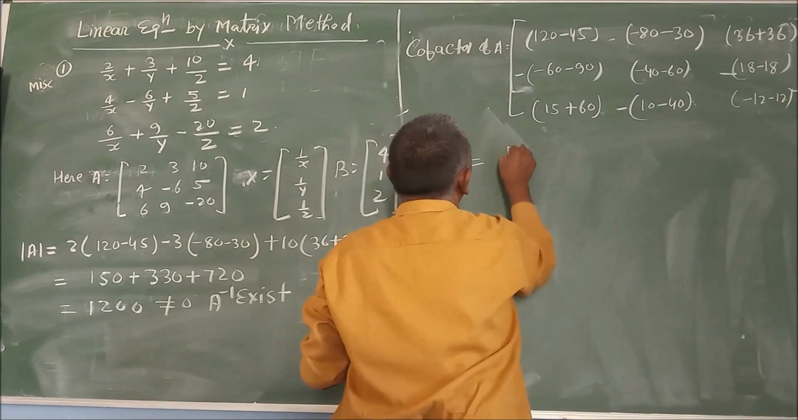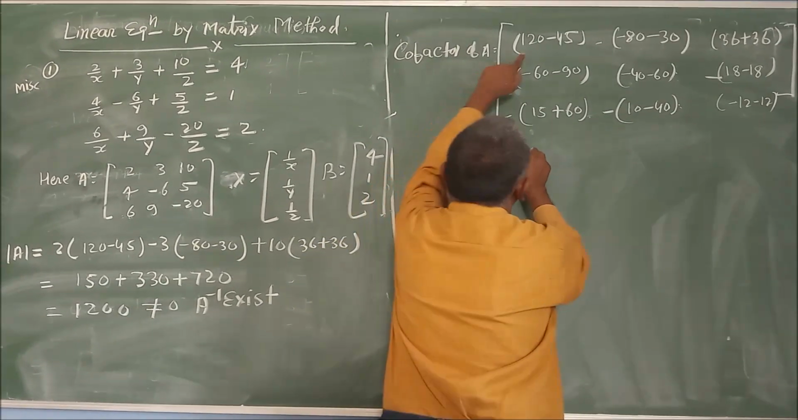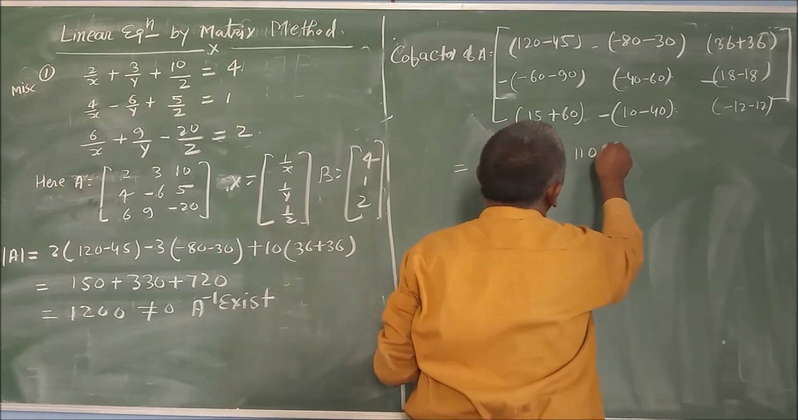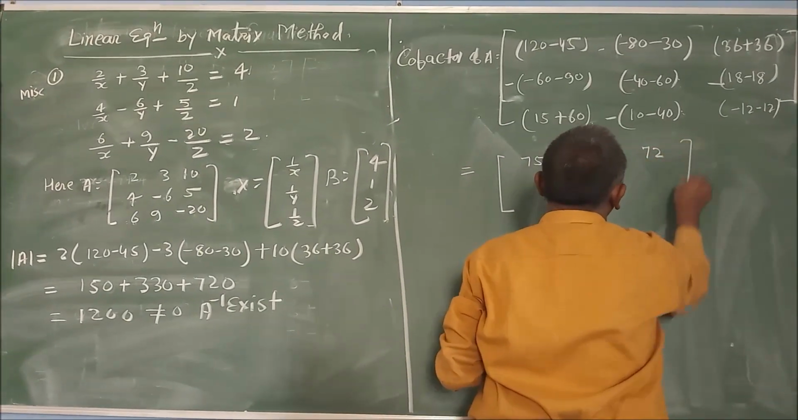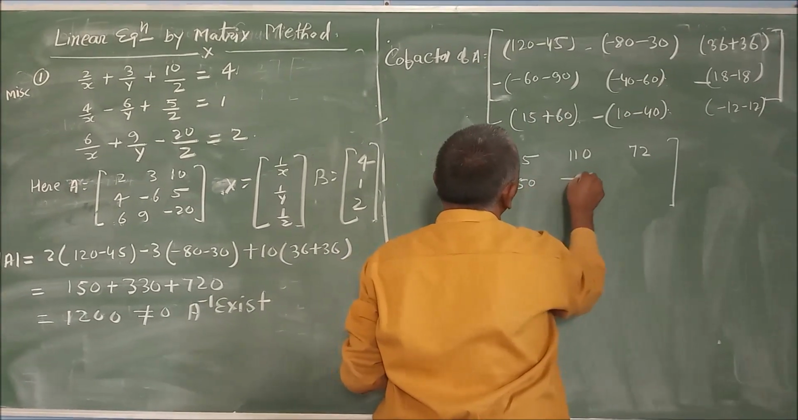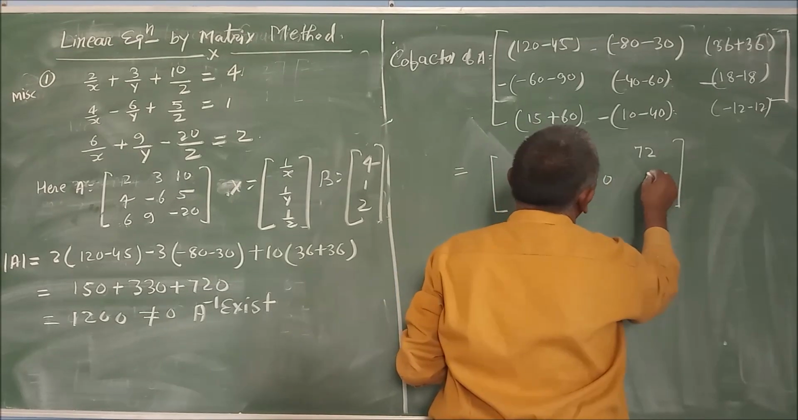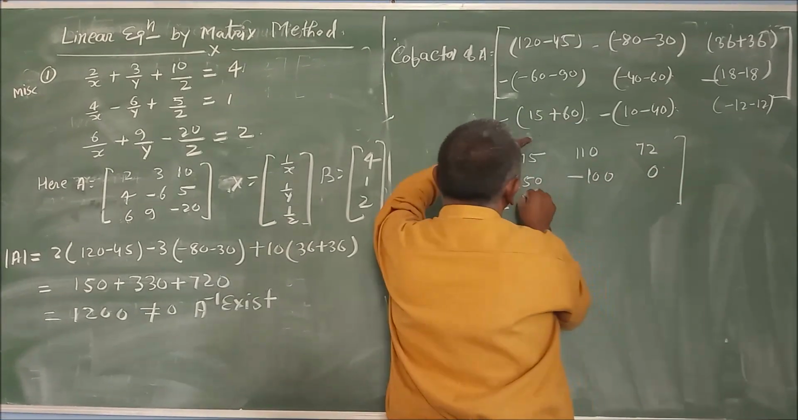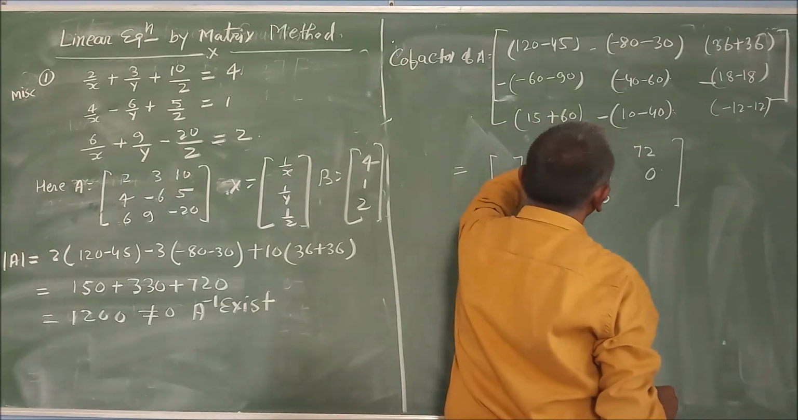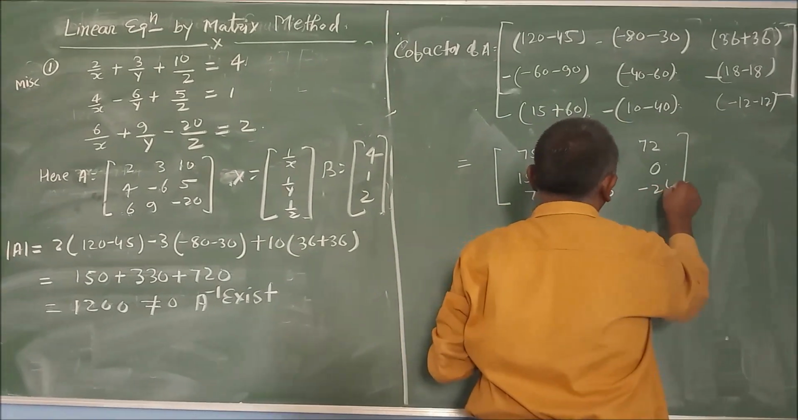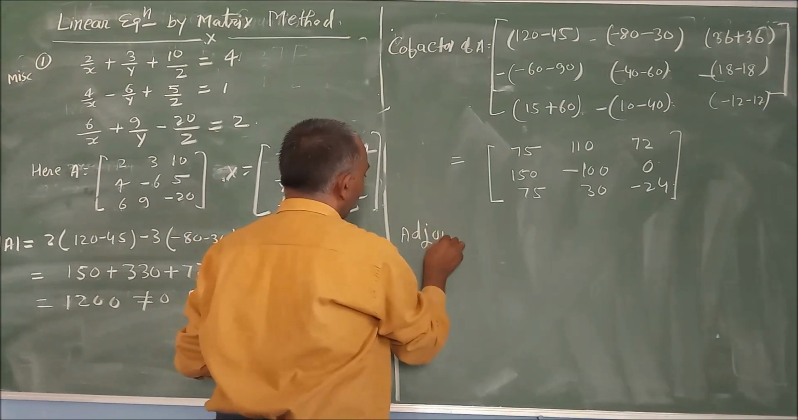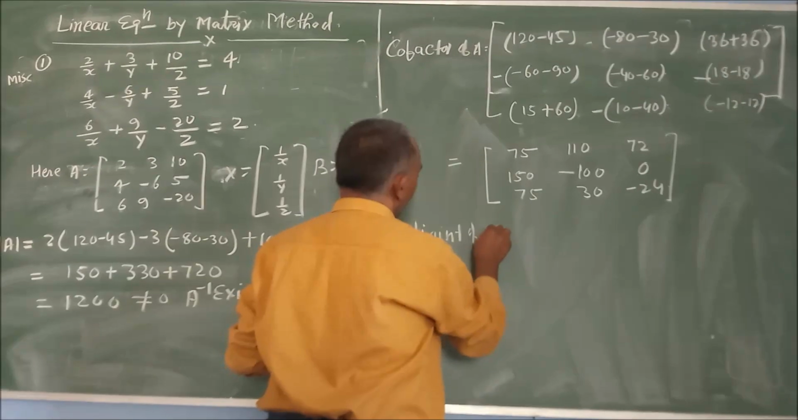So this will be equal to, this is your 120 minus 45, 25, and here is 110, 72, 150 minus 100, 0, 75, 30 minus 30 plus 30, and this is your minus 24. So adjoint of A is equal to,